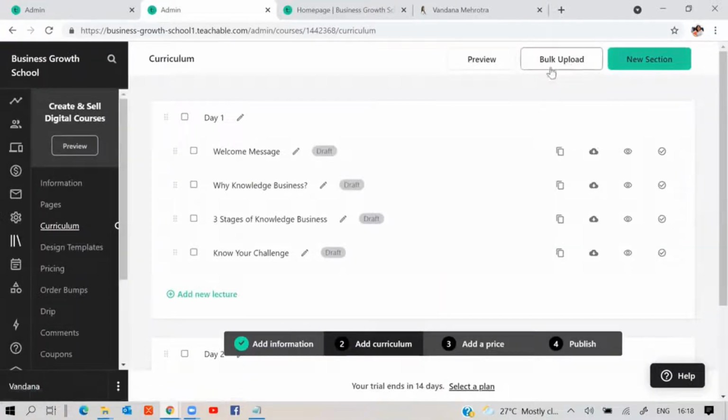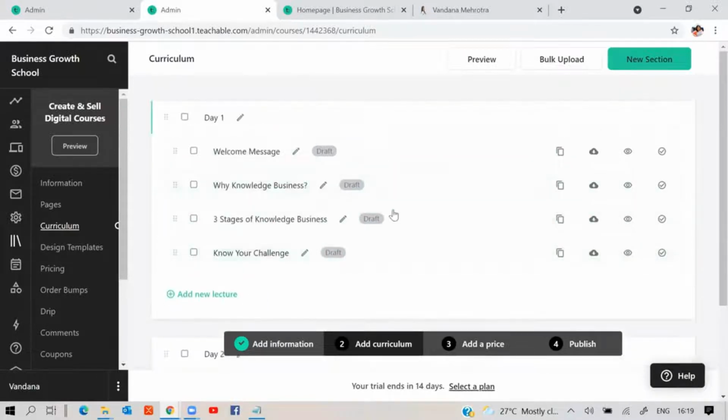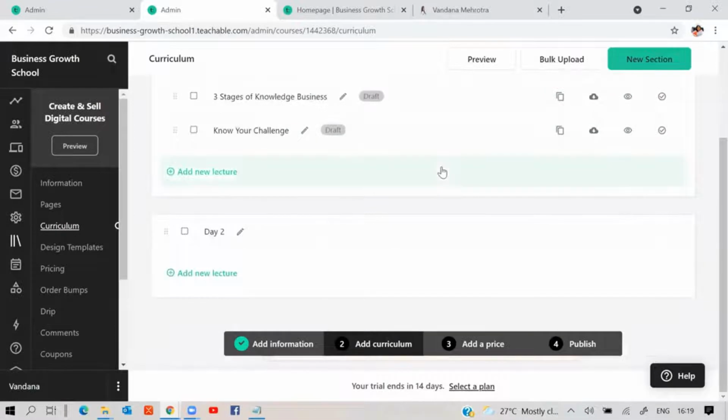You can also do bulk uploads. If you have already made everything, this is a very helpful feature. You can bulk upload all the files, so you don't have to do it one at a time. But from a beginner's perspective, I'm outlining my program. Maybe I can create an outline here first, then go and record the videos, or I already have the videos because I have thought it through very well, and now I'm coming back and outlining them here. But this is the way to go. You can create your outline here and then record the videos and then upload them.